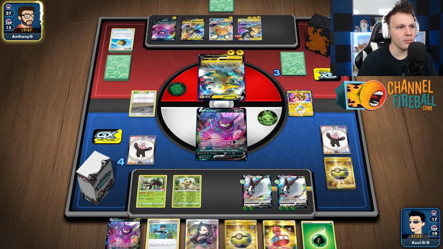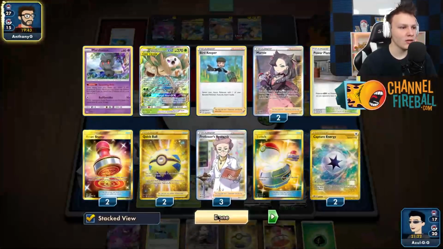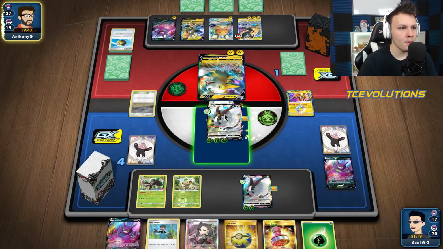They can attack. Oh, so they're going with the Bolton knockout. Then they have Full Blitz KO my Grookey on the following turn. But we do have our Reset Stamp down to 1. Unfortunately, we don't have a Power Plant to go with it, so DAA isn't out for my opponent. Yeah,